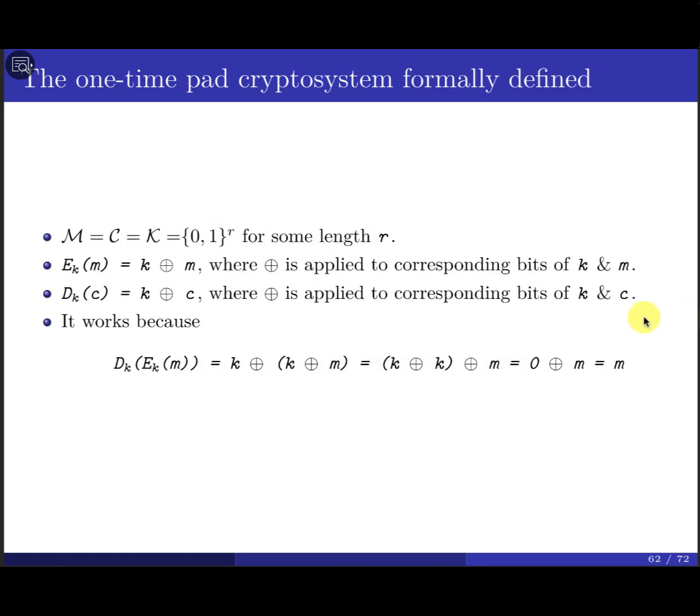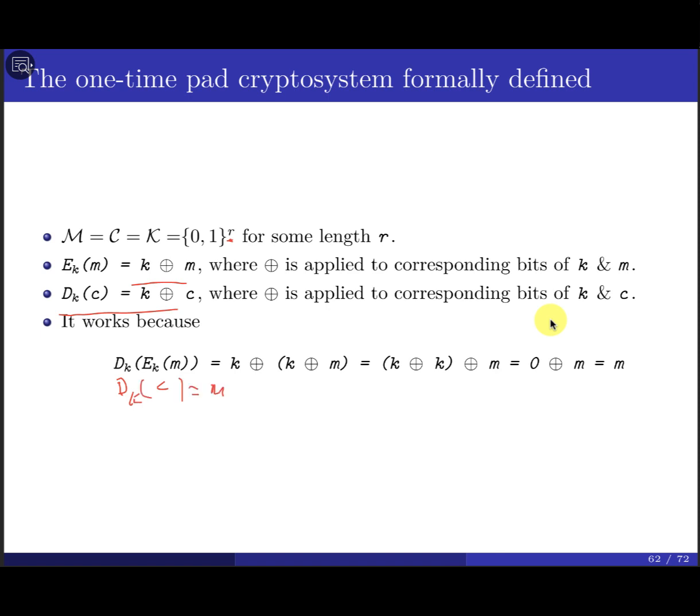Okay. This is the generalized, formal definition for the one-time pad. Assume that the message, the ciphertext and the key space are all in binary representation. So all of them are going to have the same size, the same length. Okay? Which we agree with. The second one is the encryption function, or the decryption function. And the reason why they work is, if you take a look here, this is ciphertext, and when you decrypt the ciphertext, we're supposed to produce the same plaintext.